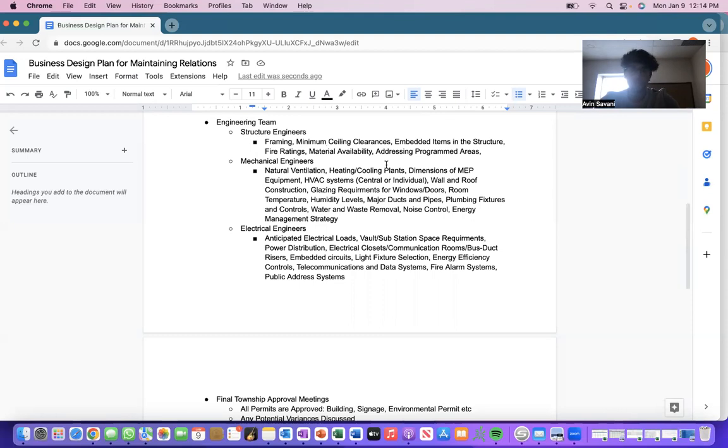So natural ventilation, heating, cooling plants, dimensions of the MEP equipment, HVAC systems, wall and roof construction. So if there are solar panels on the roofs, then they would first meet with an energy consultant and make sure that solar panels are well coordinated and placed for the optimal energy saving.